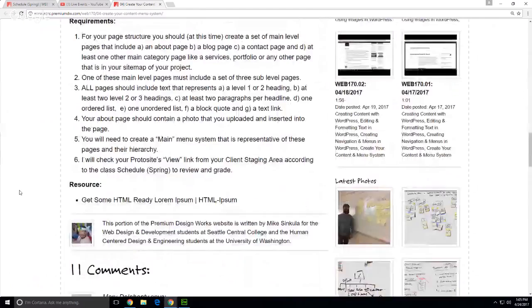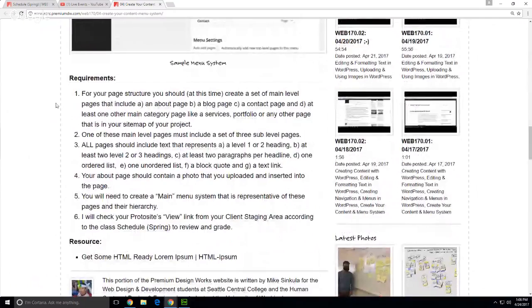So down here in the requirements, create a set of main level pages that include an about page, a blog page, and a contact page. Again, those pages we will be working on in terms of what you're doing in this class, so make sure you have those pages. And then at least one other main category page, like a services or a portfolio or any other page that, if you're working on a real project or a project that you did in Web 200 or whatever,